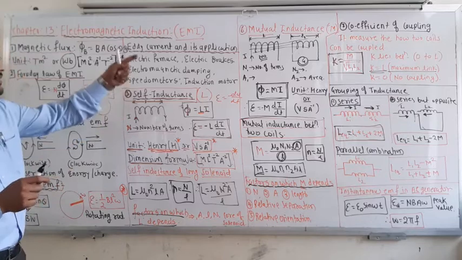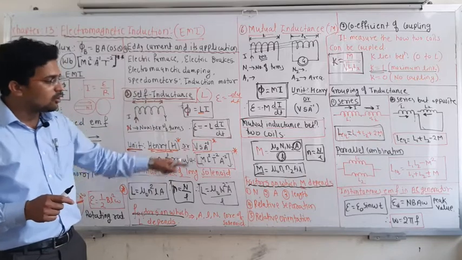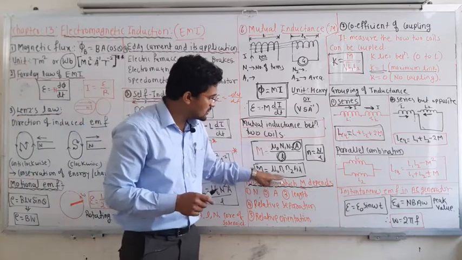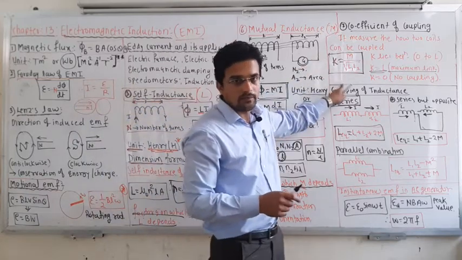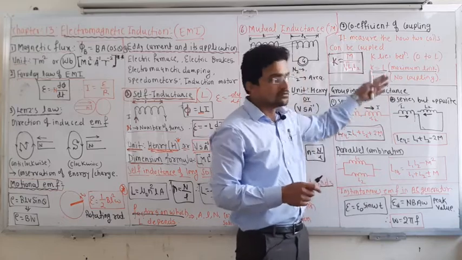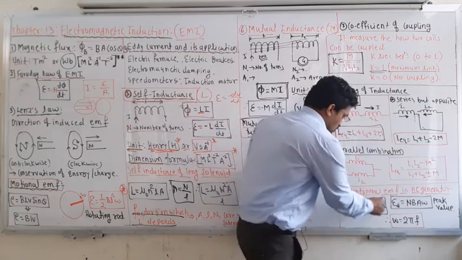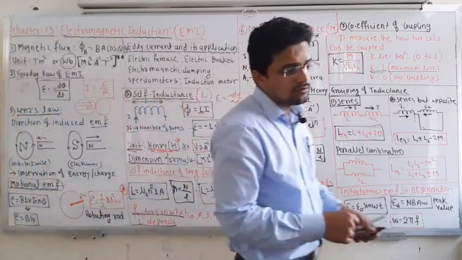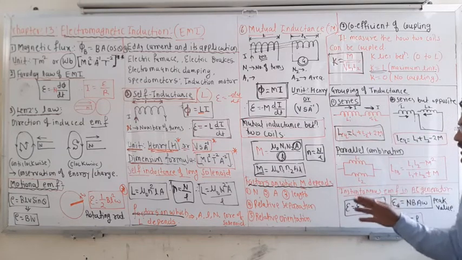Remember the self inductance and the mutual inductance and the equations, very important equations, so you have to mug them up. Learn by heart all the equations, in case of the small n, in case of the capital N, n1, n2. Remember all these equations, and especially the coefficient of coupling, when K is equal to 1 and when K is equal to 0, and what it means. Then the series combination, the parallel combination, and their equations. This equation is also important. Just pause the video and see it once again, or maybe just rewind the video and have a look again.